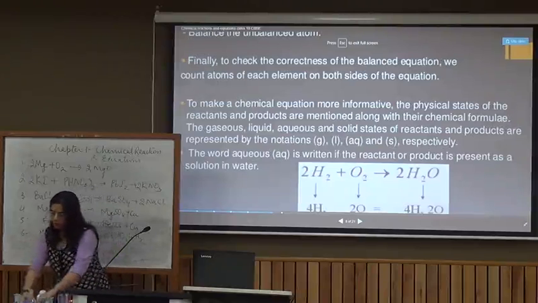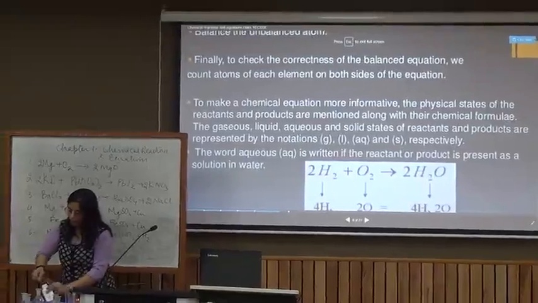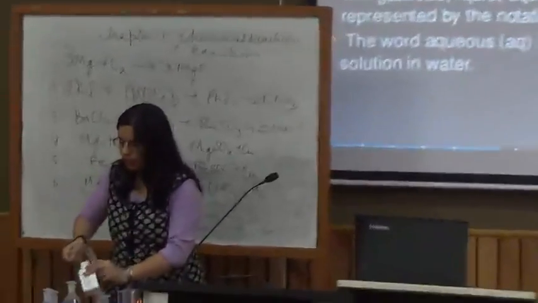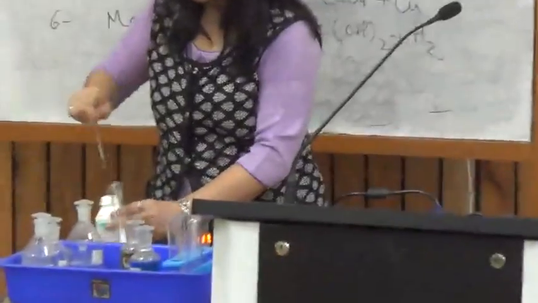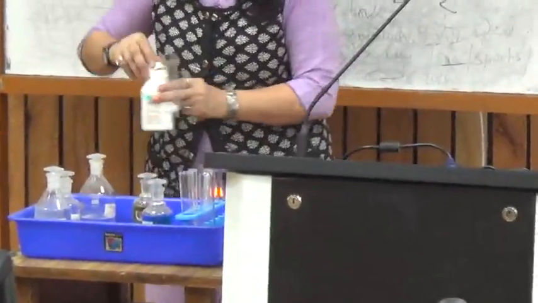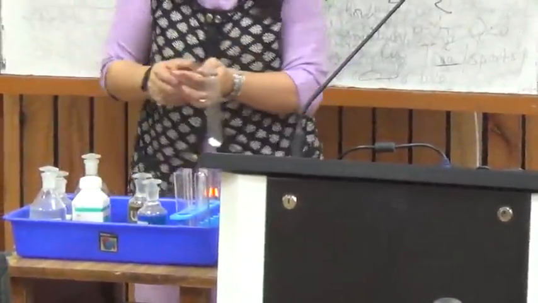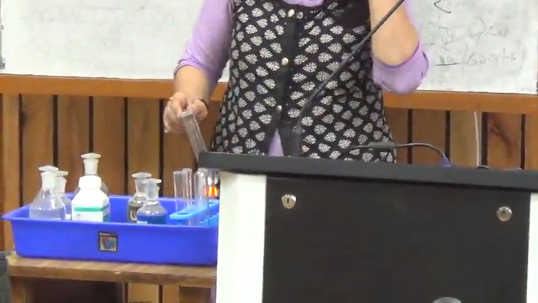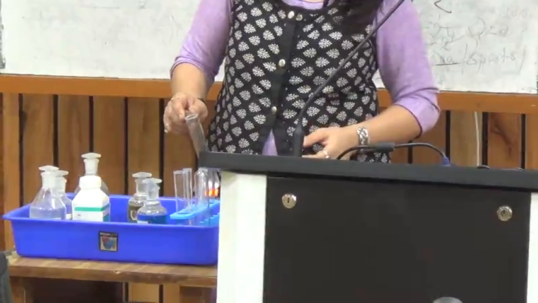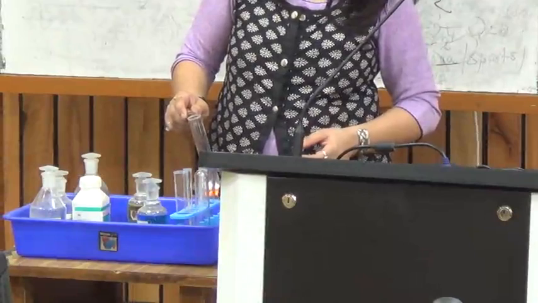Using a deflagrating spoon, I'm going to put some of the lead nitrate salt in this boiling tube, closing the bottle. Now placing the boiling tube with the lead nitrate salt on the flame,